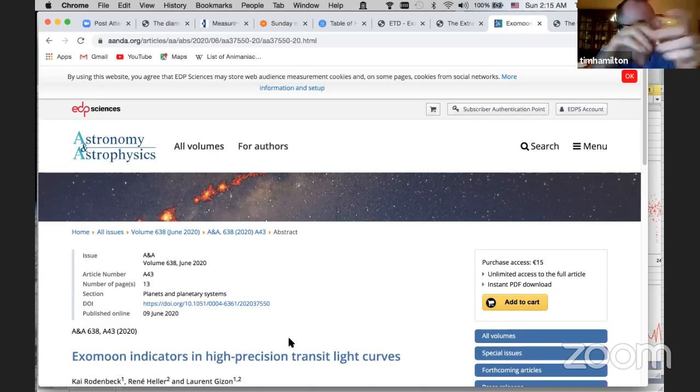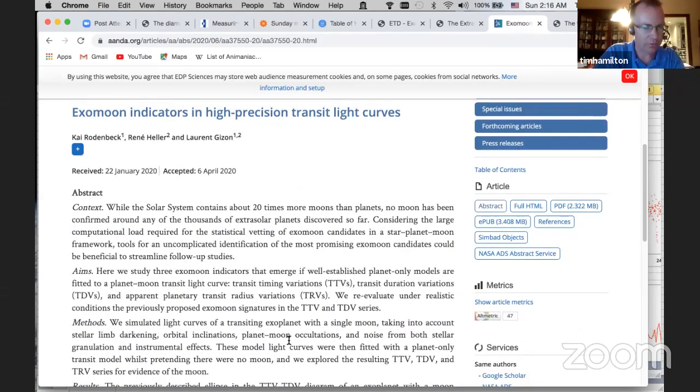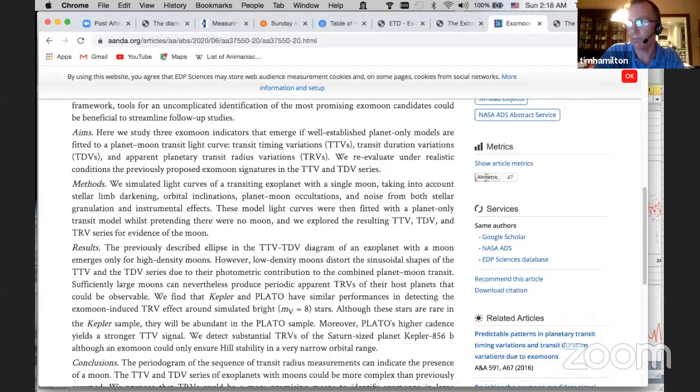Another problem is that the moon has an orbital period around the planet, which is not going to be an even multiple of the planet's orbit around the star. And so as the planet goes through its transit, the moon could be changing from one side of the planet to eclipsing the planet. That might actually be the best way, though, for the moon to sometimes be to the side of the planet and sometimes be directly in line with it where we wouldn't see it, and we could see the difference there. Well, anyway, if you Google exomoon and transit, you'll come up with some cases on here. I was hoping for a graph, but I don't see one.